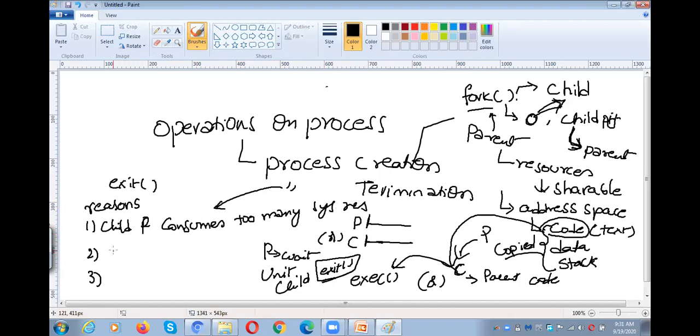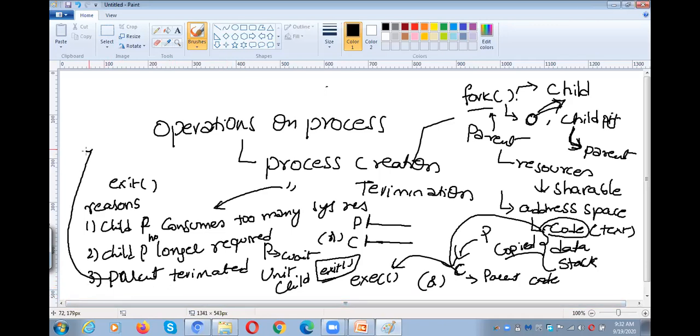And what is the second reason? The child process is no longer required. So this is the second reason. What is the third reason? Parent terminates. That means if a parent process is terminated, then the child will be automatically terminated. Otherwise, the children will become orphan processes. If the parent terminates first before its children,